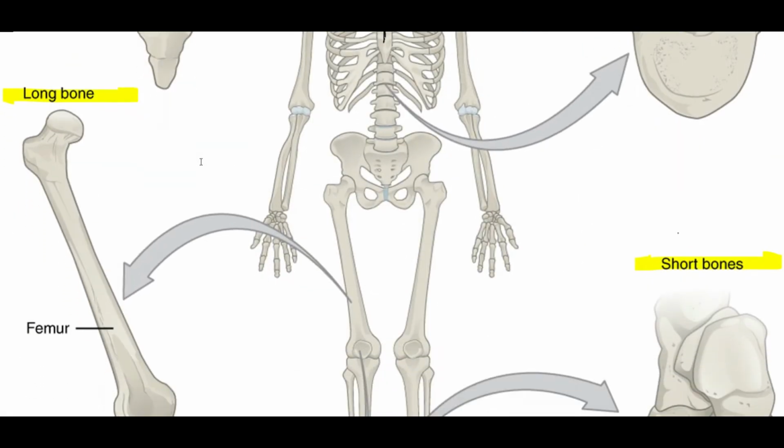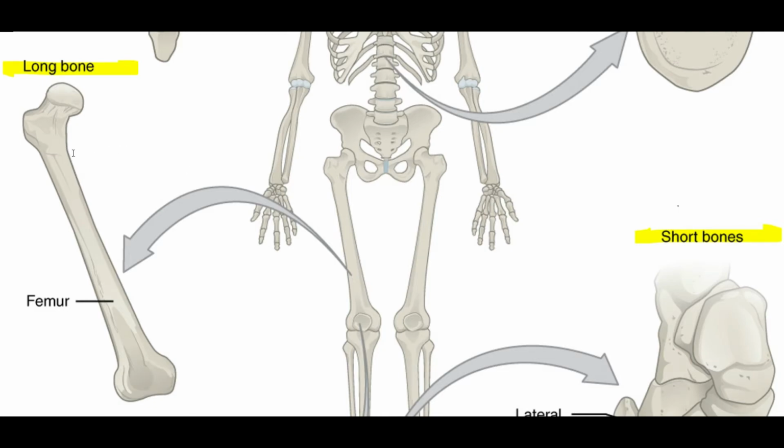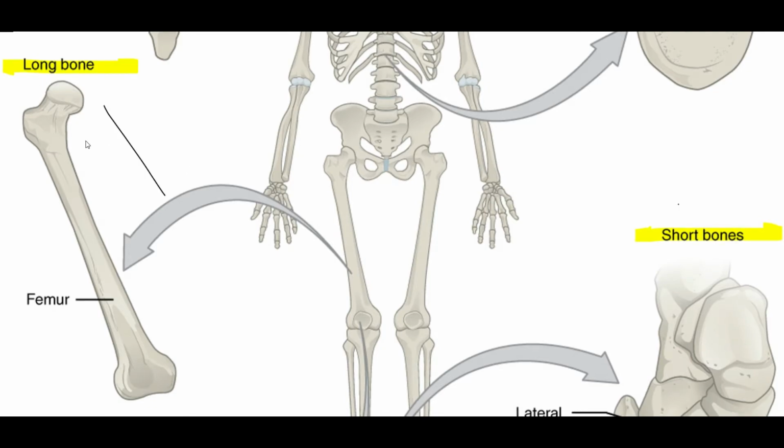The next type of bone which we will take a look at is the long bone. The long bones are the bones which have a greater height compared to the other bones. On the upper end we have the region known as the epiphysis. In the mid region of the long bone we have the diaphysis, and in between the epiphysis and the diaphysis lies the metaphysis. We will be discussing the long bone in much more detail in the next video.